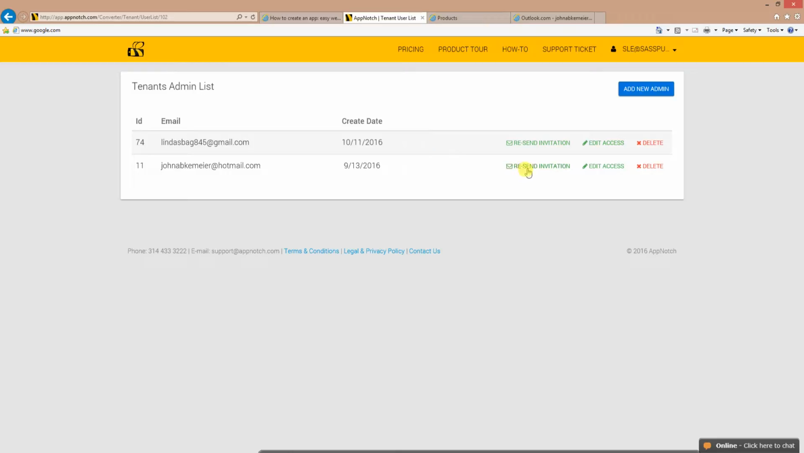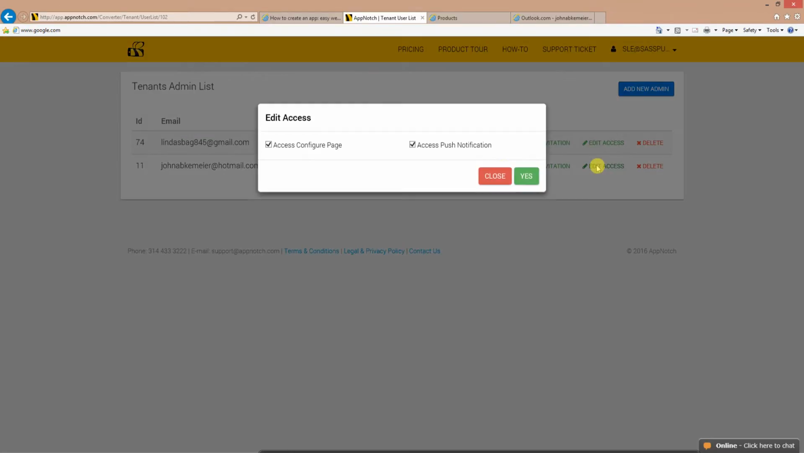From this back office, now I can resend the invitation. For example, if Linda didn't get the email, I can resend it. But also, I can give access. So if I wanted to click on Edit Access, right now we're giving all the stylists the ability to access the configure page, which is the edit page, so that each stylist can go in and edit their own mobile app. We also have given them access to push notification so that each stylist can do a push notification for